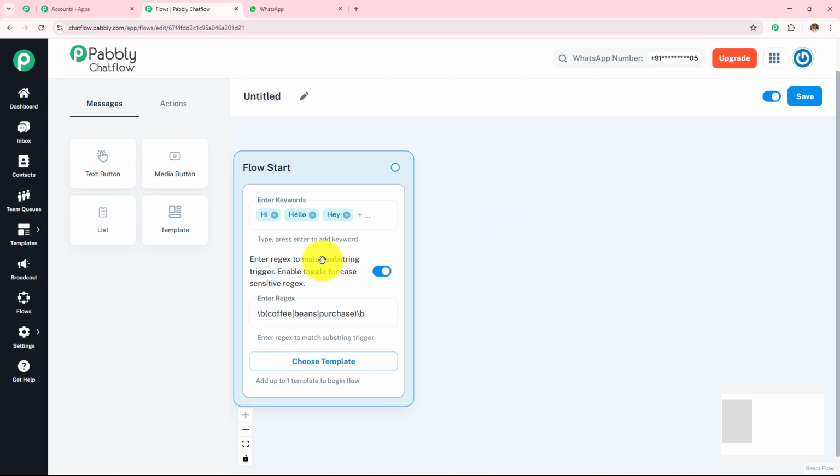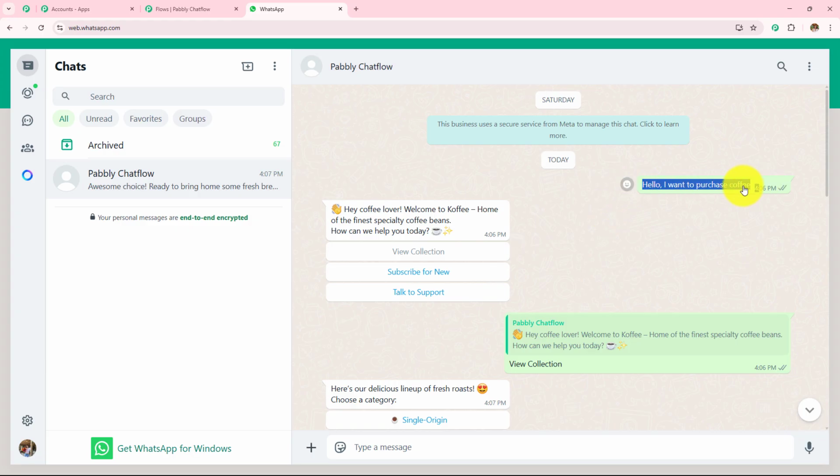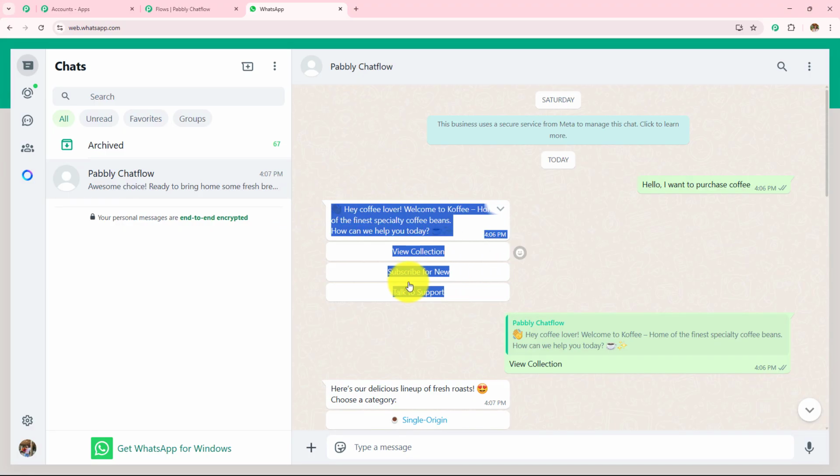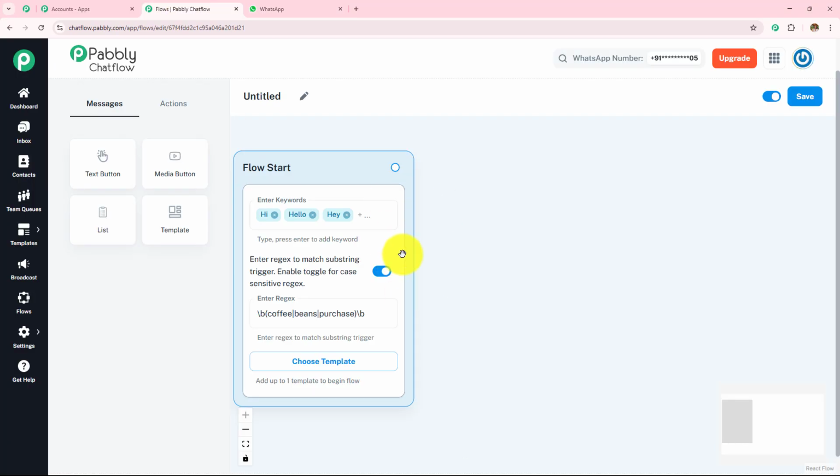Now I am done with adding the keywords and the regex. And now when my customer sends me the first message, I should reply with the very first message which I am going to create. So we have to learn how, as soon as the chatbot gets triggered, we are going to send the very first message or the reply to the customer. For that we have to click on the circle and drag and drop the circle, and then we have to choose the content type.